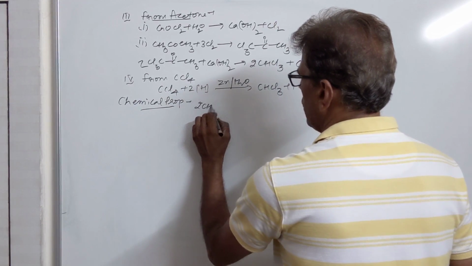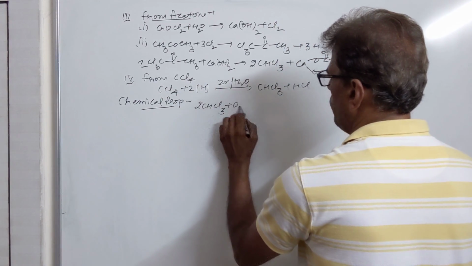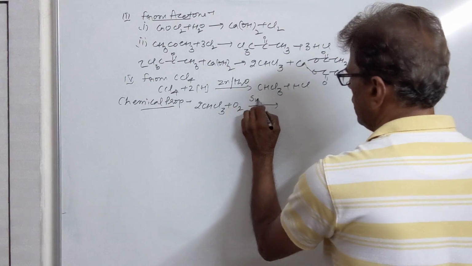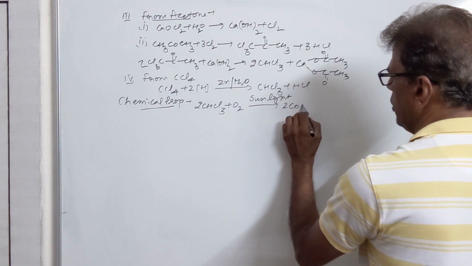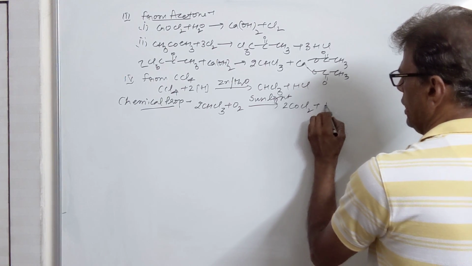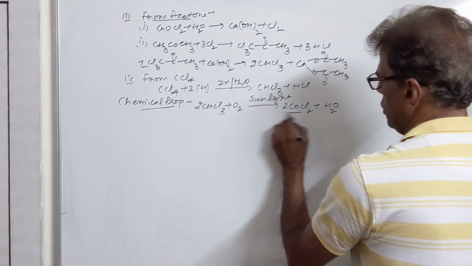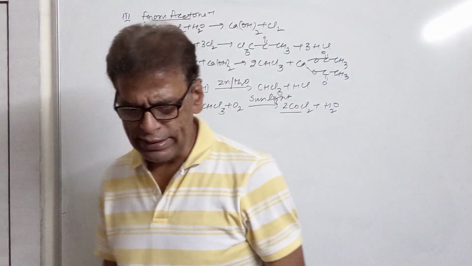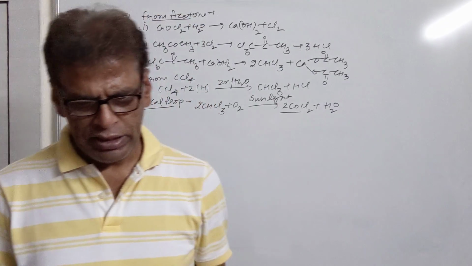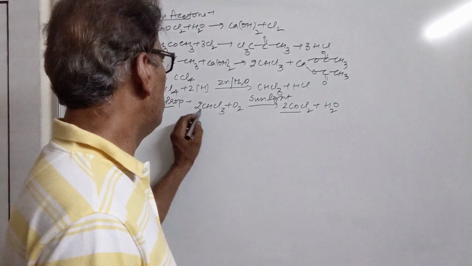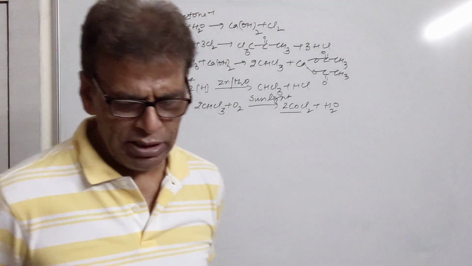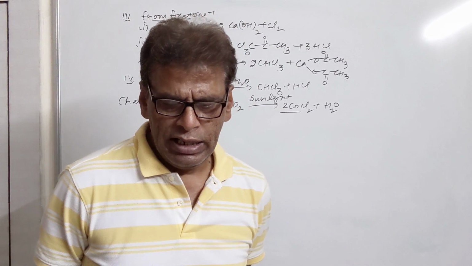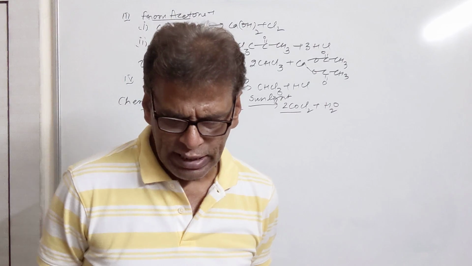When a chloroform sample is kept open or in sunlight, and this sample contains some oxygen, it will give you phosgene plus H2O. This is phosgene. It is a highly poisonous gas. If chloroform contaminated with phosgene is given to the patient as anesthesia, it can cause death of the patient.